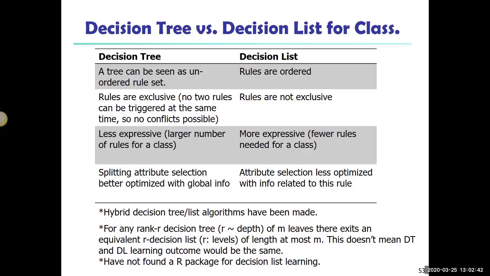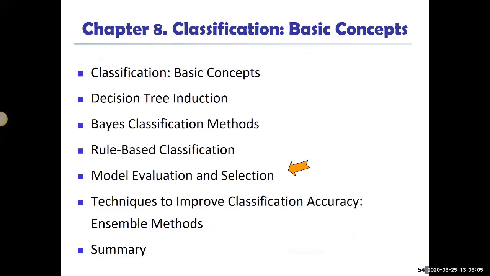However, this doesn't mean that the decision tree and decision list algorithms are going to generate the same set of rules. Performance-wise, it's hard to tell which one is generally better than the other, but decision tree is definitely much more well-known and widely used than decision list. So that's all we're going to talk about on the popular learning algorithms. To review, we look at decision list, we look at Bayes